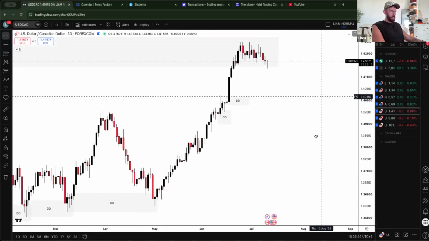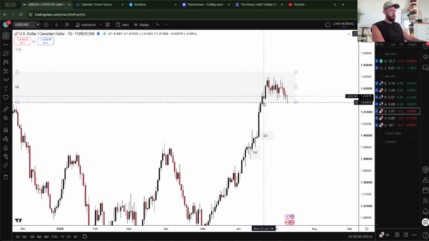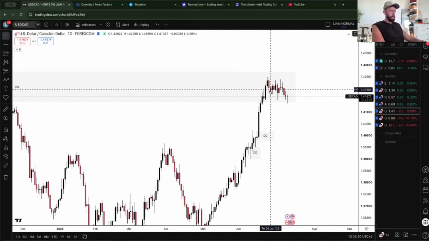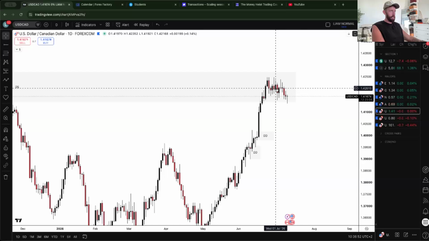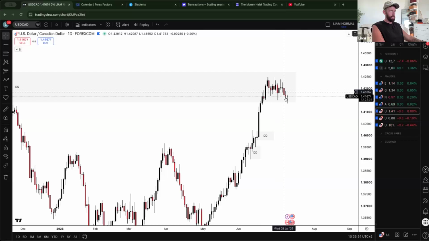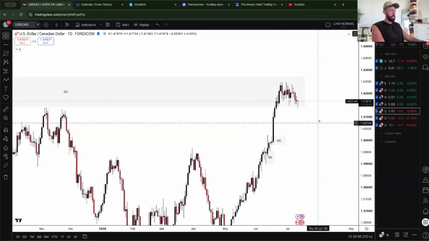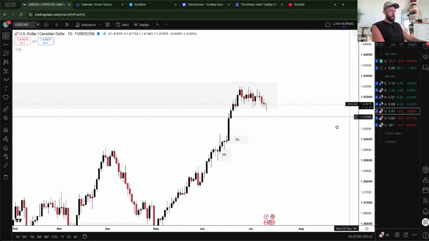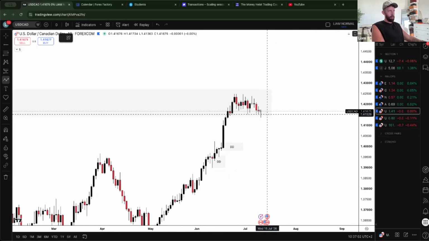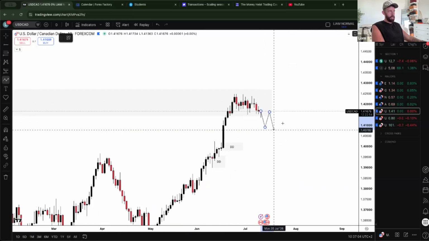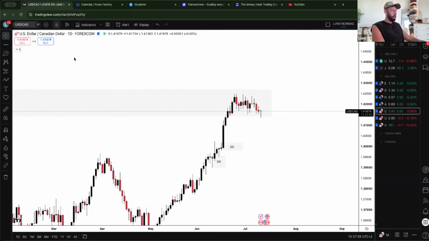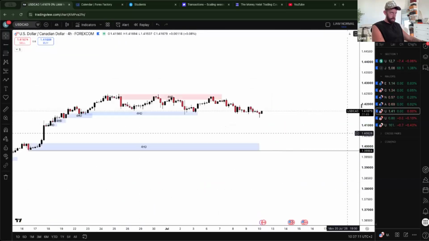So we're inside that daily supply still. We've been in there for 17 days in this daily supply. So, as I mentioned to you guys, I'm either waiting for a break, I said yesterday, to carry on shorting, or vice versa. Let's have a look at what's going on the lower time frames.